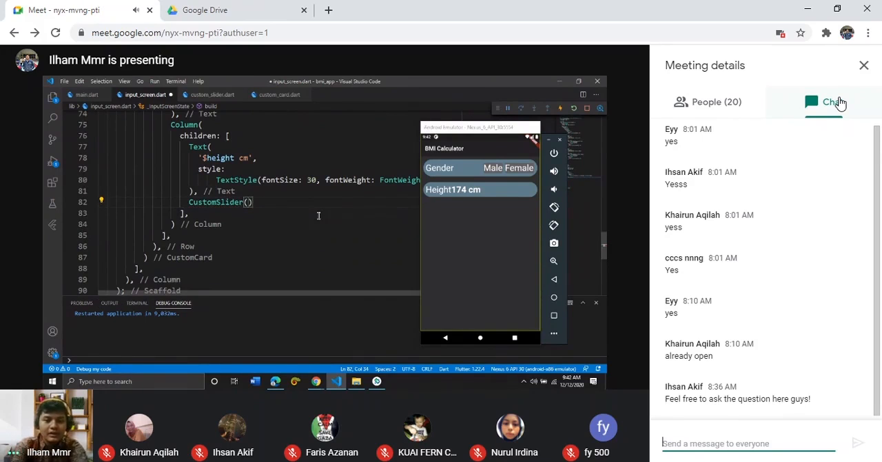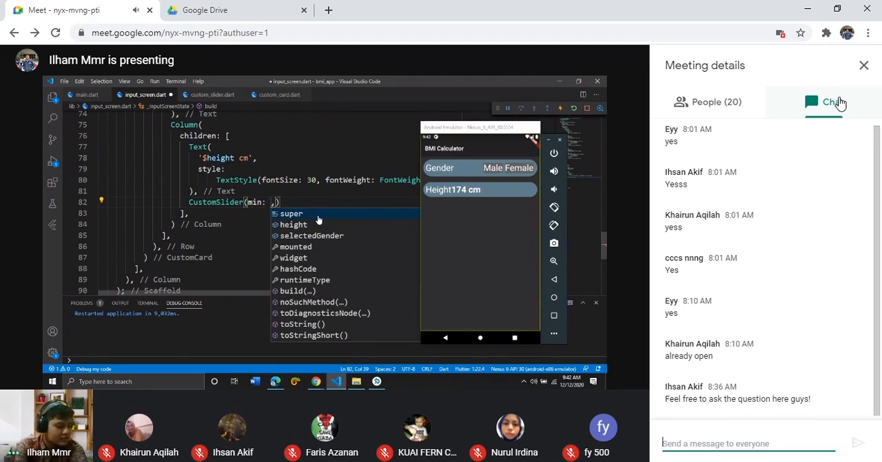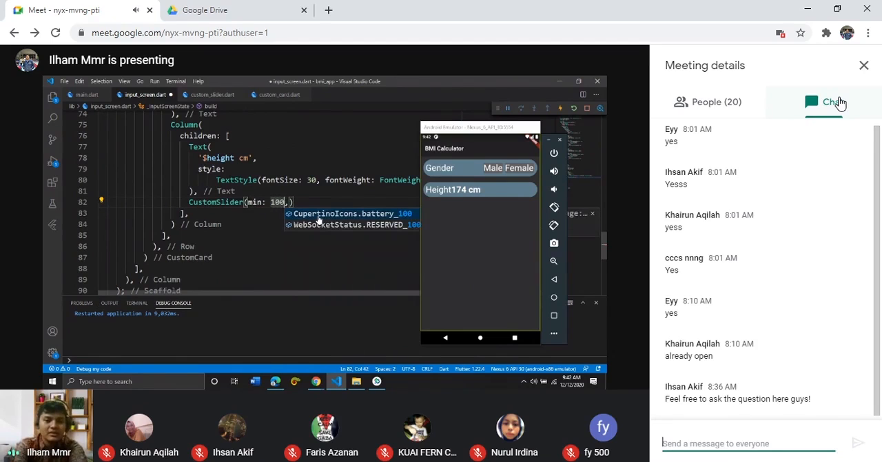We will add the value of min, the minimum value for the height. Maybe someone can have a height of 100 centimeters, that's possible. The maximum maybe like 230, I'm not really sure guys, maybe someone can have like 240. Well, for the value will be